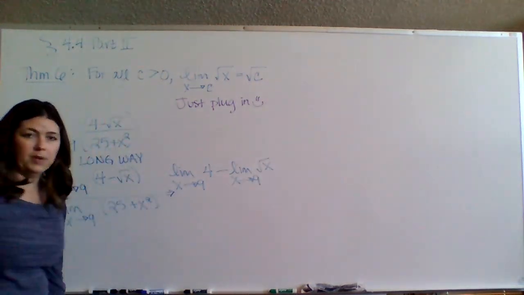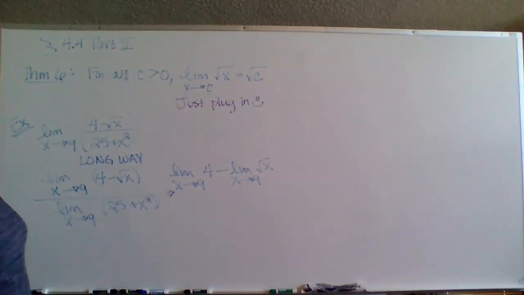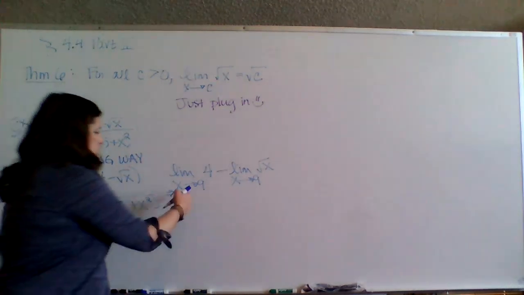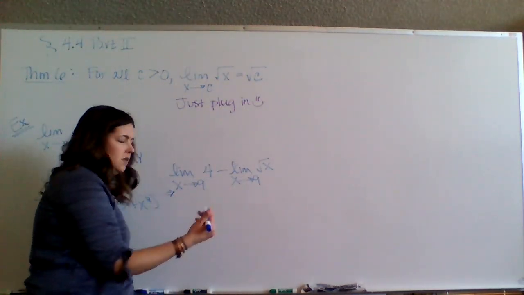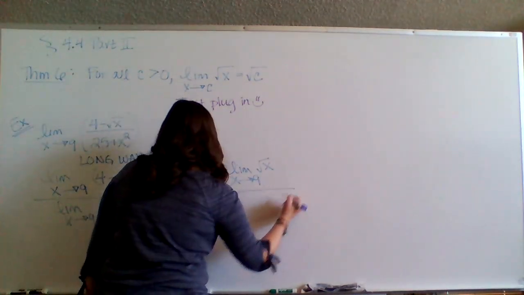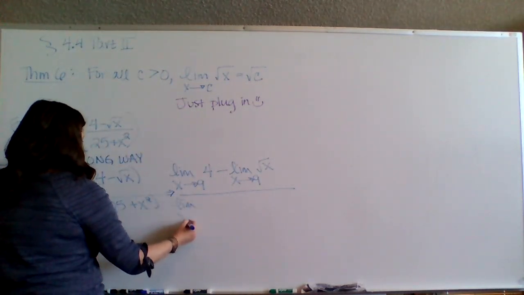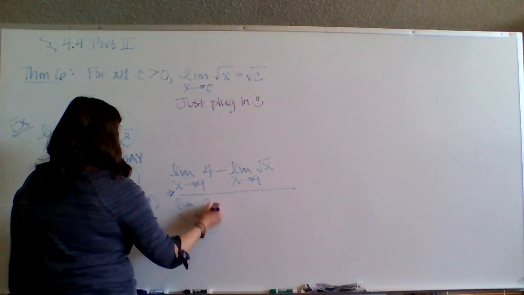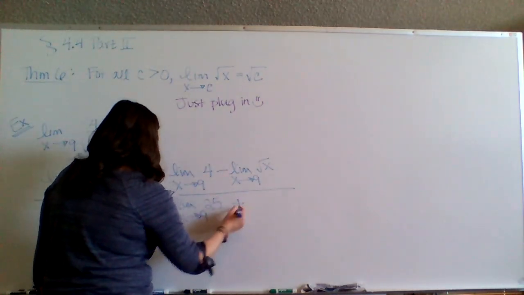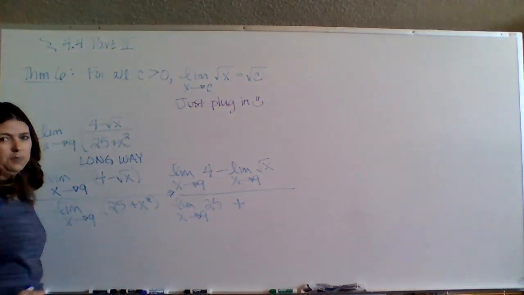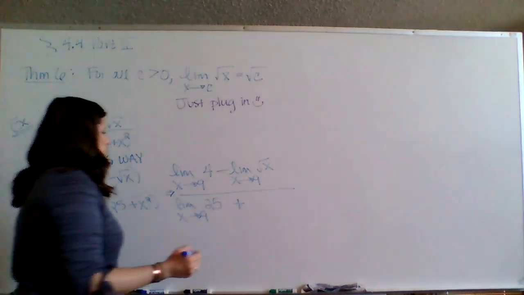So if we're breaking it apart and saying the limit of a difference is the difference of the individual limits, then each individual limit has to have the limit notation there. Remember, this is how the long way goes. All over, something similar in the denominator, the limit as x approaches 9 of just the constant 25 plus, if this is a sum, I'm going to break it up as the sum of the individual limits, the limit as